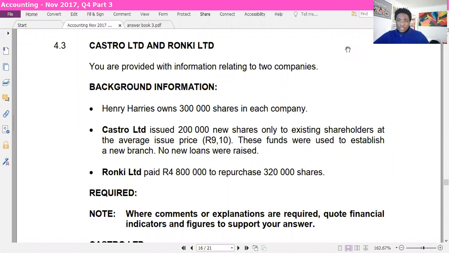We are still looking at companies, and in this video, we're going to be looking at ratio analysis and interpretation. This is a section that is quite challenging in accounting because it requires a lot of opinion, and there's no right or wrong answer for most of the questions. So it requires a lot of thinking from you. So you really have to understand the ratios, whether it's liquidity, whether it's solvency, whether it's gearing. You really have to understand how all these types of ratios work and be able to apply them to each